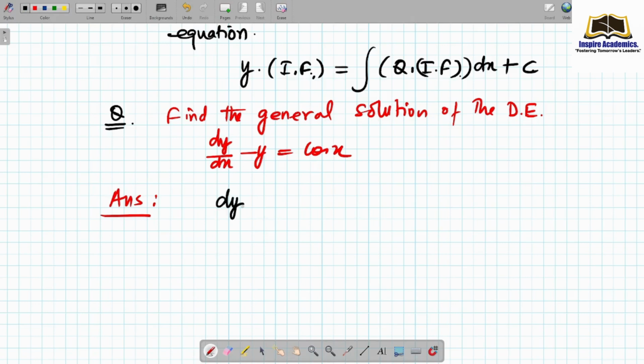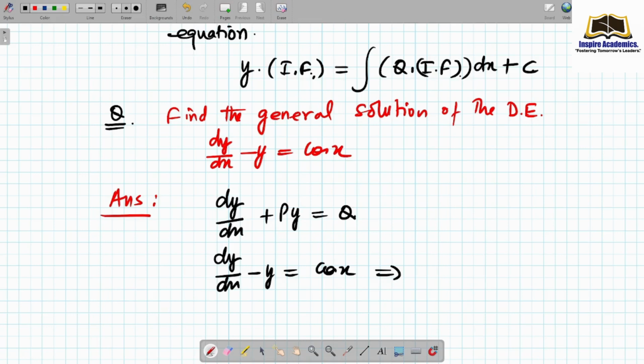Let me write step 1. The standard equation is dy by dx plus py is equal to q. Okay, so below this write the equation given in the question, cos x. Do you see, comparing, p is -1 and q is cos x? Okay,